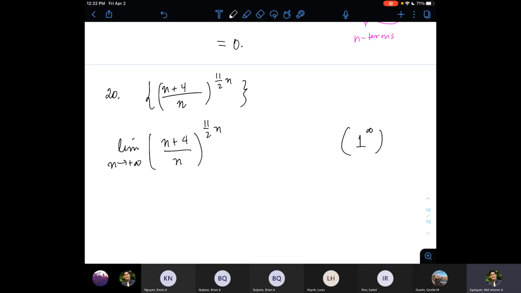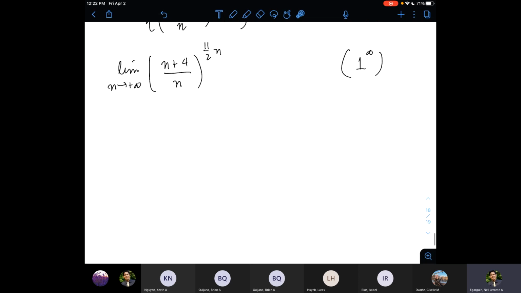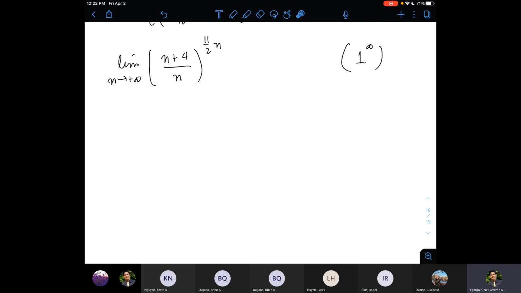So that means it's an indeterminate form, 1 raised to infinity. It's indeterminate, again, because the base is not exactly 1, but something that is close to 1. Because this guy is not equal to 1, but it will steadily become closer and closer to 1 as n becomes very, very large. Okay, so it's an indeterminate form, so I'm expecting to use L'Hopital's rule here. But you can recall